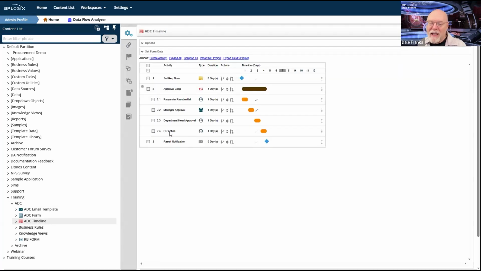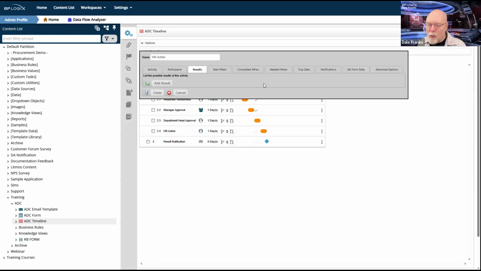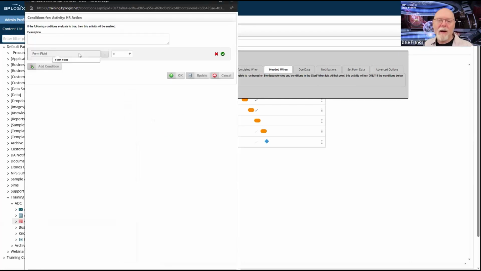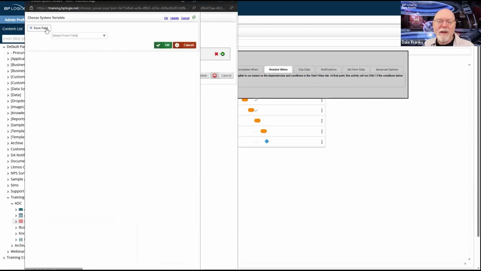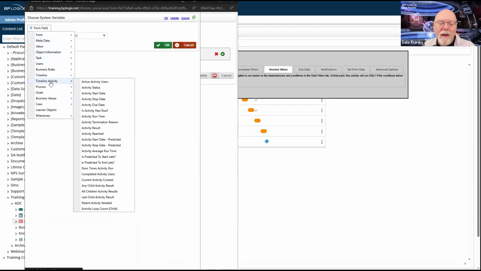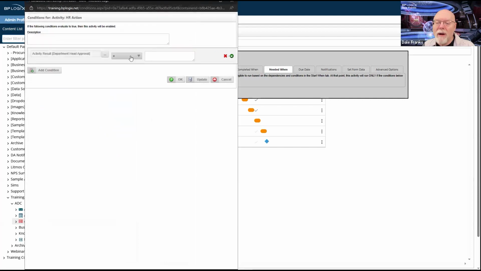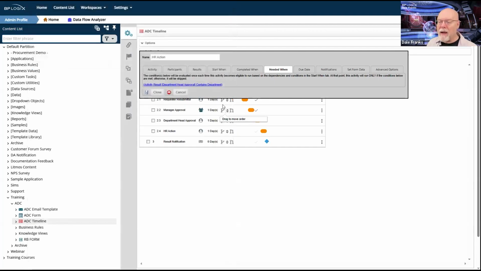In fact, in the needed when condition for HR action, the one use case when HR action does not fire is when the timeline activity result for department head approval contains the word department.